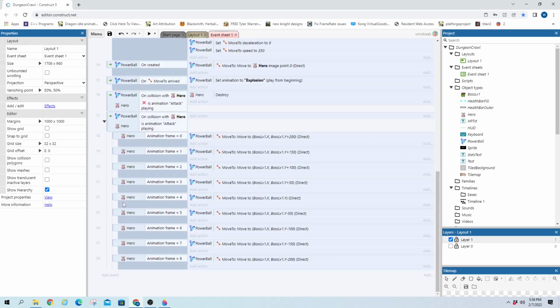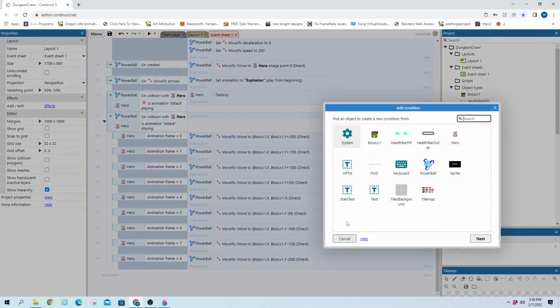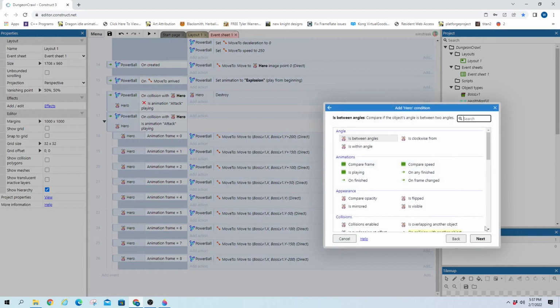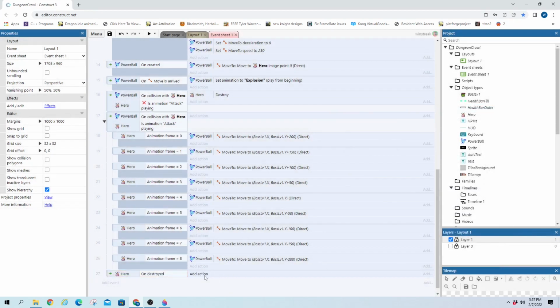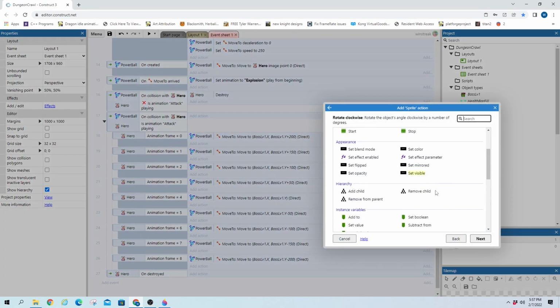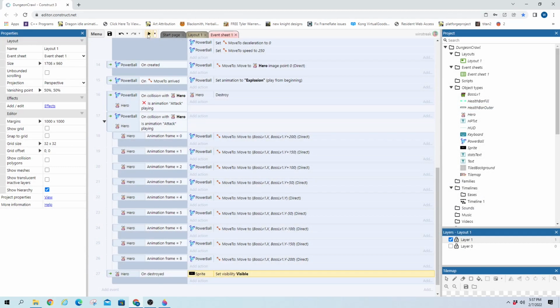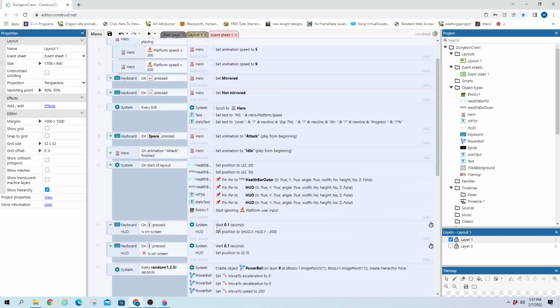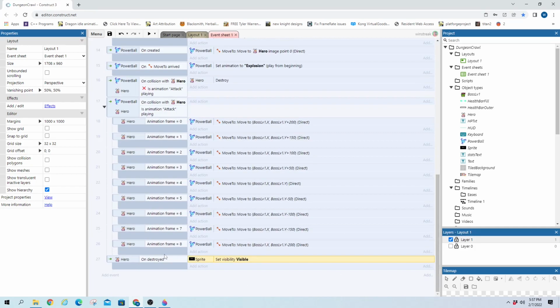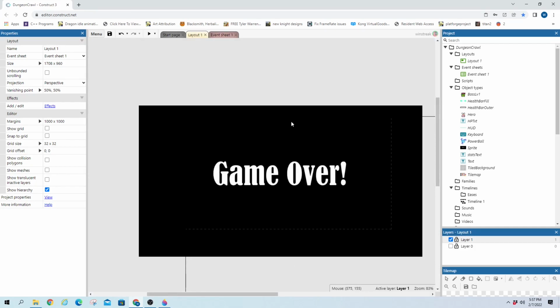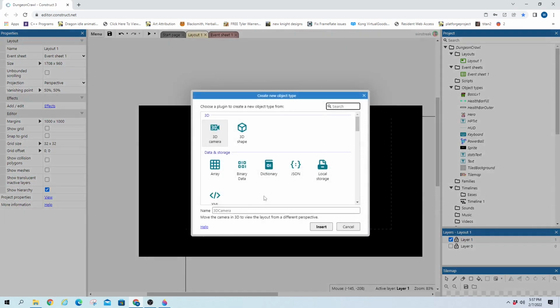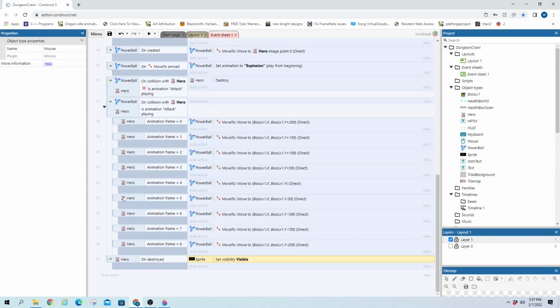And we can go ahead and create on hero death or destroy. On destroyed, go ahead and set visible. So now we'll die, that'll pop up, and we will need to essentially reset the map, the whole layout, if we want to try again. So do something along the lines of mouse click